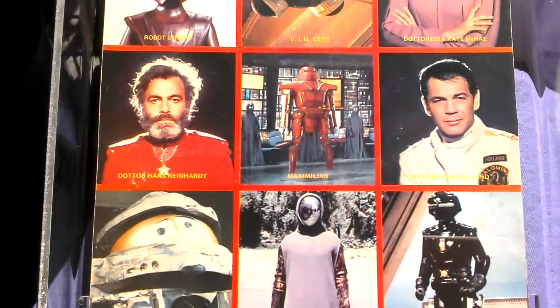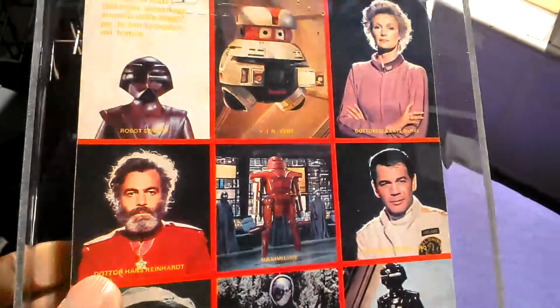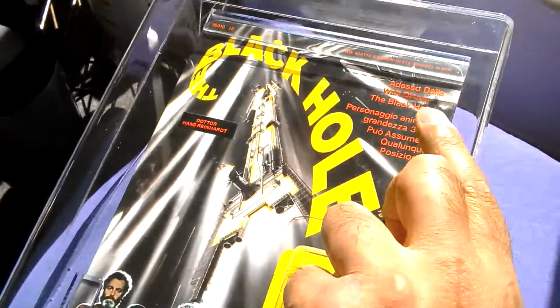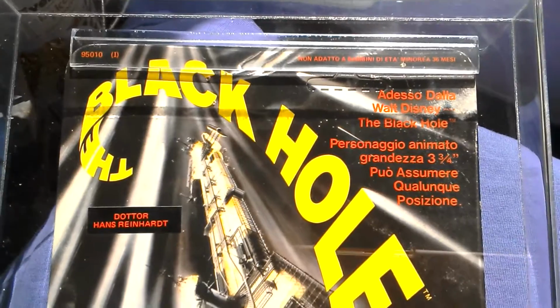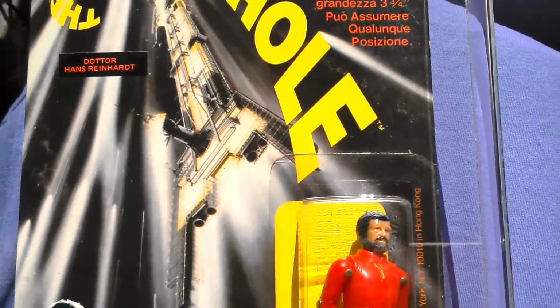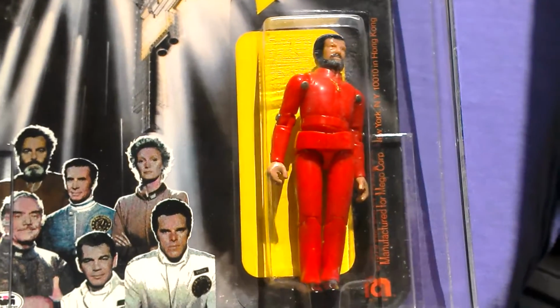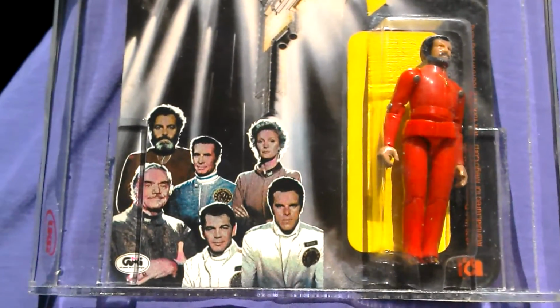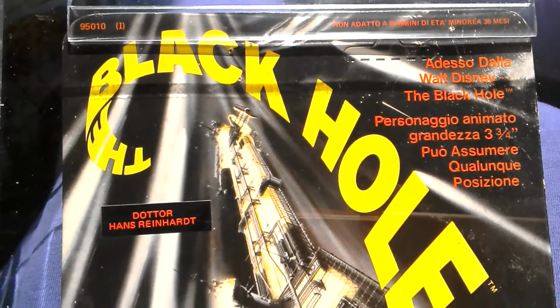So there's Maximilian. So these figures are highly sought. And here's the front of the card again. Black Hole. Italian card, beautiful item. Really nice. Okay. Black Hole figure on Italian Gig card, Mego